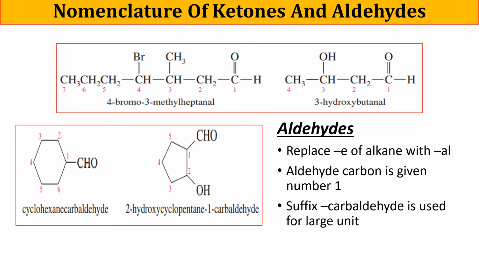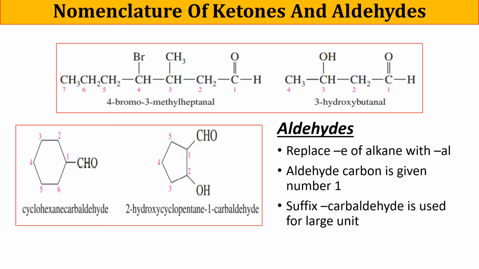Nomenclature of aldehydes. Systematic names for aldehydes are derived by replacing the final E of alkane with -al. An aldehyde carbon is at the end of a chain, so it is number 1. If the aldehyde group is a substituent of a larger unit, usually a ring, the suffix carboaldehyde is used. Some examples of aldehyde compounds include